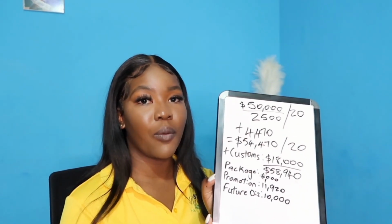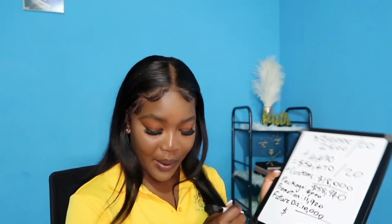So this is basically all the additional expenses that would be associated with the inventory that you're willing to sell, and you're going to add everything. So let me tell you the total so far. 10,000 plus 11,920, 6,000, and the $58,940. So the total for the 20 products would be